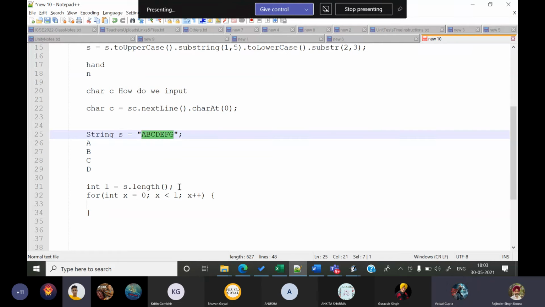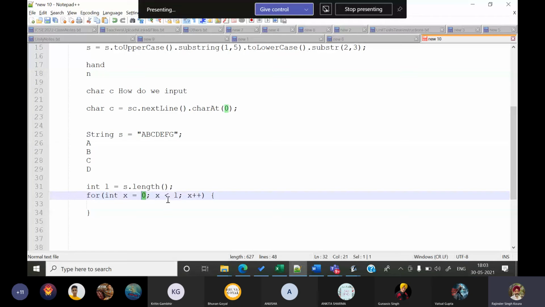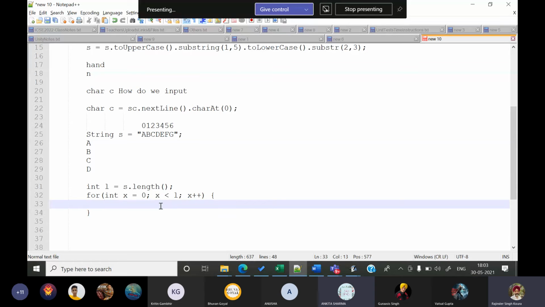Sir, 7. So x is going to start with 0 and it is going to finish at 6. Don't you think these are the positions I actually want for my characters? Yes. So what I need to do is I'll extract each of the characters. I'll say charAt(x).